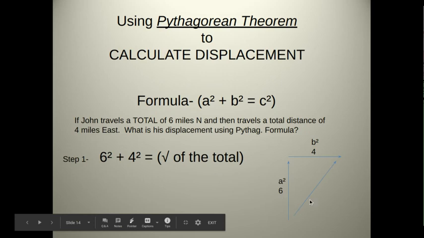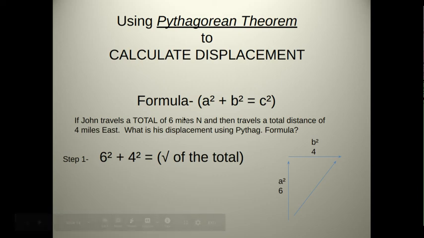Because the ultimate goal is to calculate displacement, which is this unidentified arrow at this point. So what do I have to do with those distances of 6 miles and 4 miles? Well, I have to square them. Remember, the formula is a squared plus b squared. Now, c in our case is going to be the square root of the total of a squared plus b squared. Once you get to this point and plug in the information, let the calculator do the